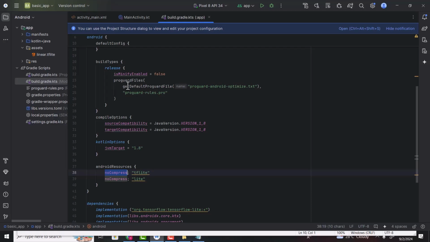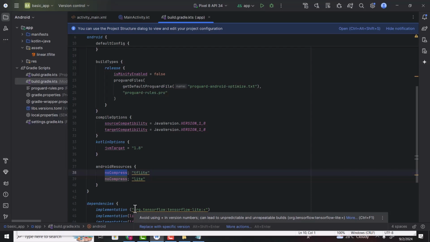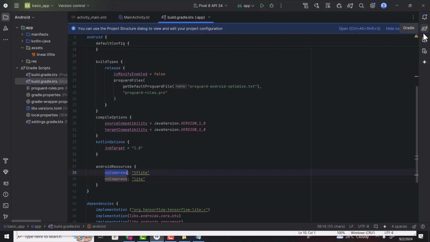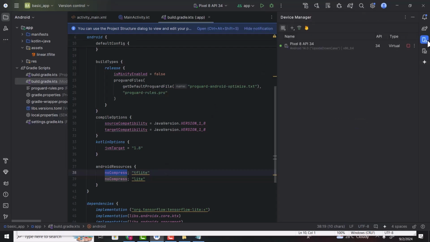And there you can see the Gradle sync is completed. Now to verify that our application is working, what we can do is install it inside an Android emulator, and then we can check whether this library is set up successfully or not. Because if there is any error with this library, then we will not be able to install our application. So what I am going to do is open my device manager, and there I have already created an